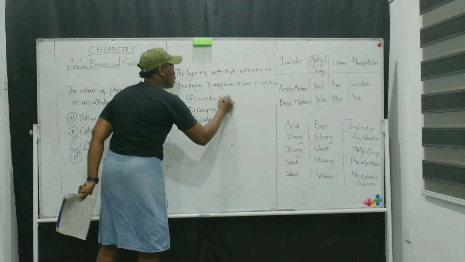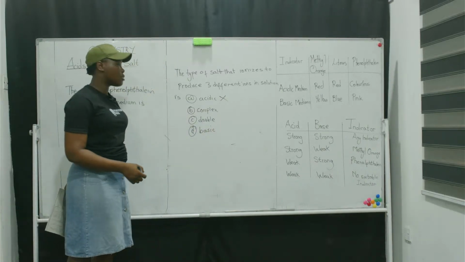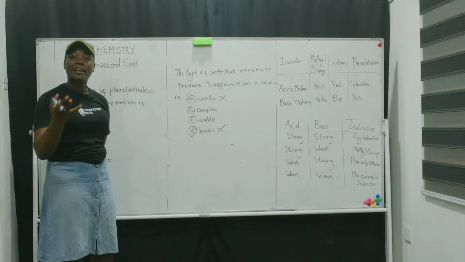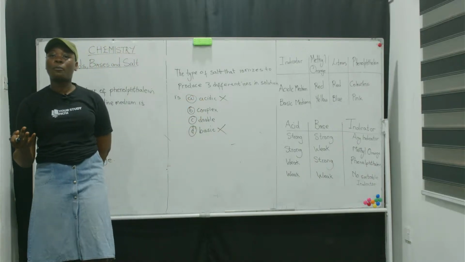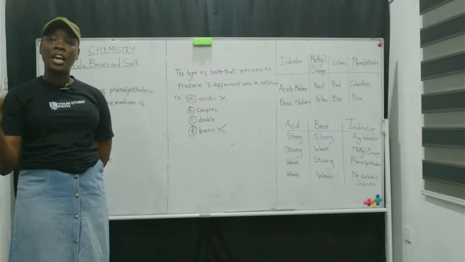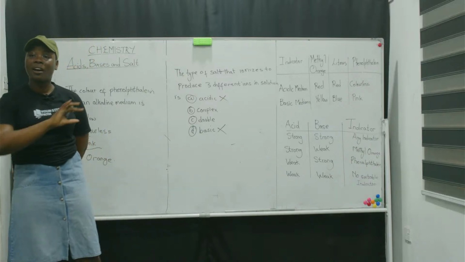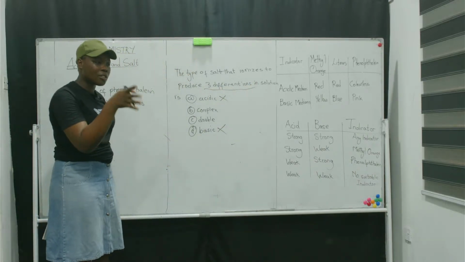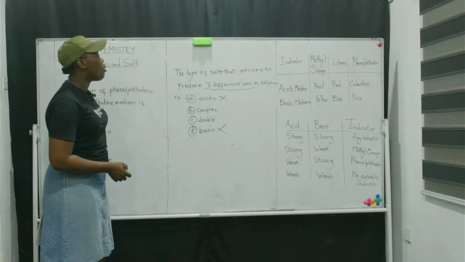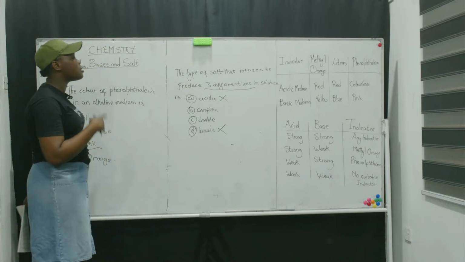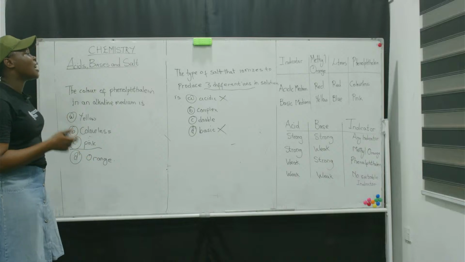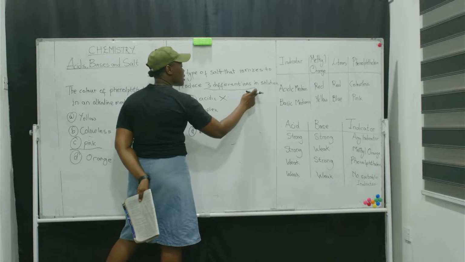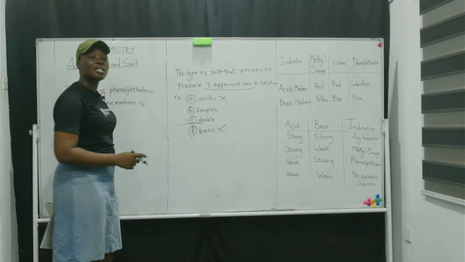We know it doesn't fall under basic, right? It doesn't fall under acidic. We're left with complex and double. I told you complex salts will have a complex ion, whereas double salts will have a long chain, with so many names, because it contains different ions. And so when you start to count it and you see 3 or 4 elements you can pinpoint out of it, then you know that it is double, because it ionizes to produce 3 different ions in solution. So our answer is